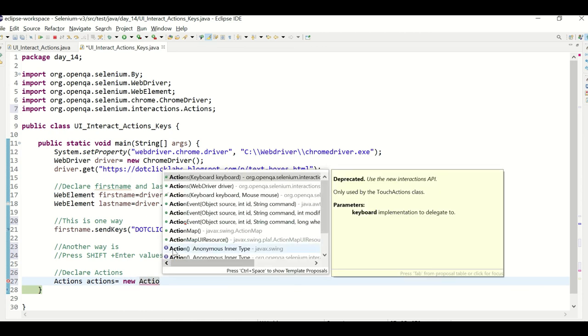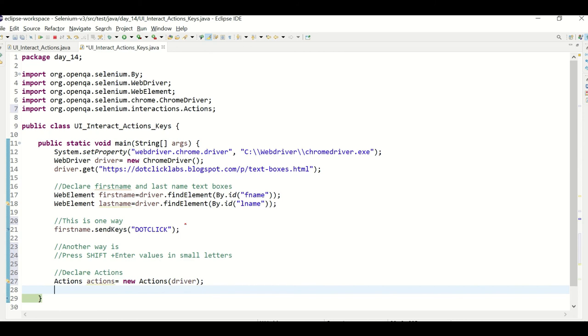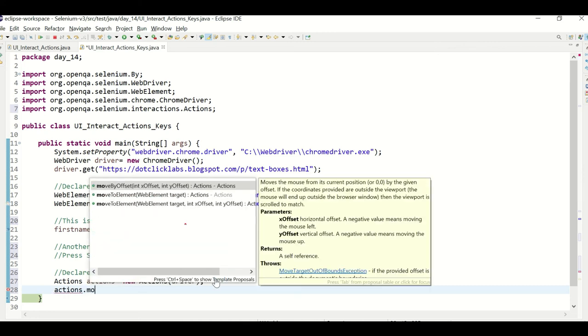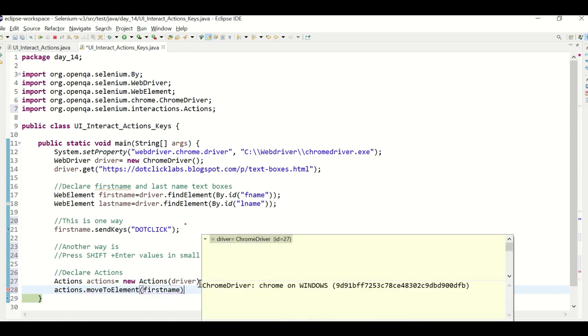New Actions, take WebDriver as an argument, semicolon, actions dot keyDown is a method, right? Before that I'm moving to some element, move to that element.